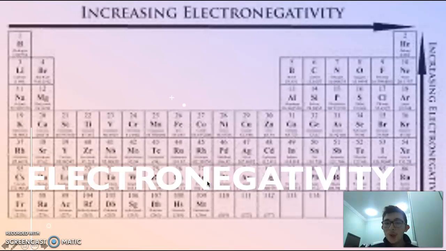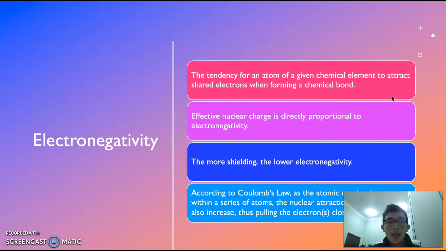So the next and the last periodic trend we will be talking about is electronegativity. As we can see in the background, electronegativity increases from left to right and from bottom to top. What is electronegativity? Electronegativity is the tendency for an atom of a given element to attract shared electrons when forming a chemical bond. A good example is H2O, where oxygen attracts the electrons from hydrogen. That's why oxygen usually has a negative charge and hydrogen has a positive charge, and therefore